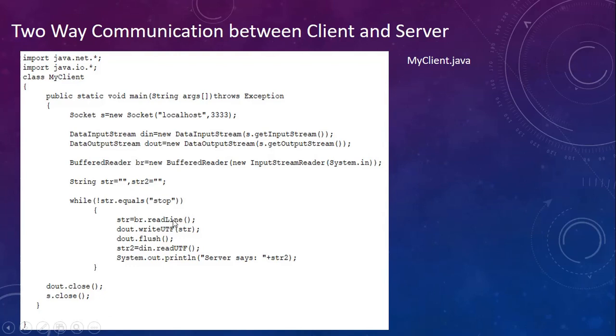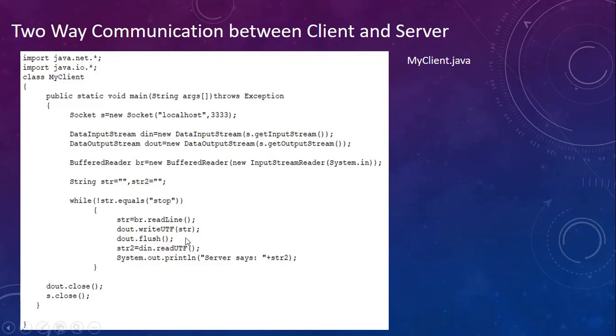So the client will type something from the keyboard that will be stored in str. Now the thing that I have typed should go to the server. So using the dout object, the DataOutputStream object, using writeUTF, the client is writing this string to the server. That's how whatever you type from your keyboard is passed on to the server.